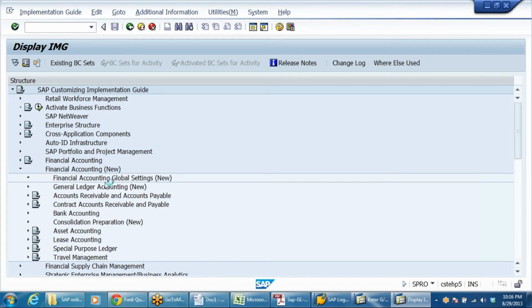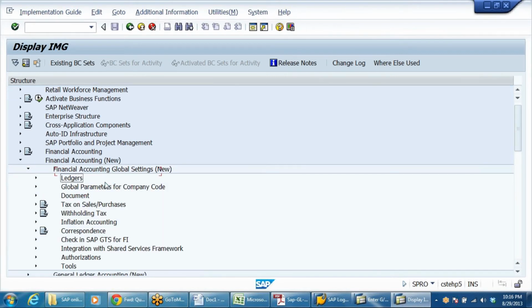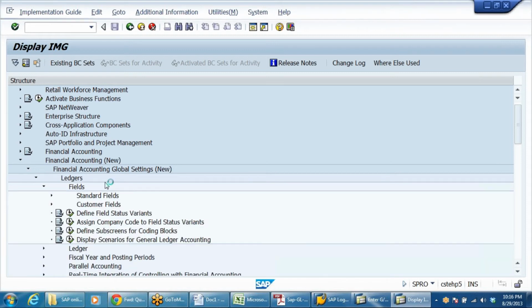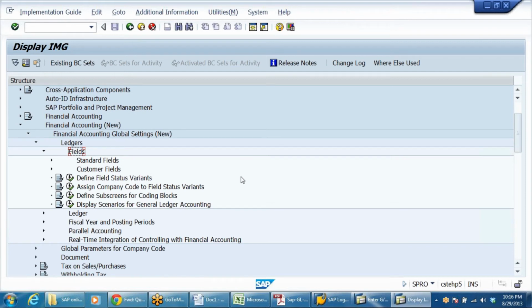See, there is no mandatory requirement to remember T codes. But if you remember them, when you go for an interview, interviewers generally speak in terms of T codes. They say, in OBC4, what are the field status groups that you find? Instead of the question, you'll be thinking about what the T code is. Unless you remember the T code, you cannot answer that question. So the interviewer intelligently asks like that, to see whether you are aware of the T codes or not.